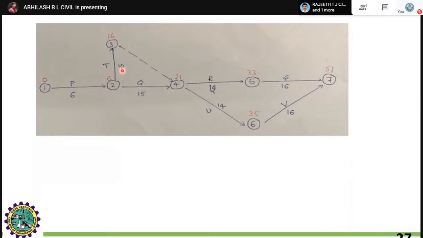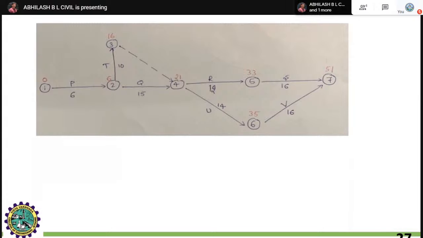Similarly, 16 plus 6, right? You have to identify this. Don't write down the values immediately. You have to wait until a junction appears, where two or more activities join at a time. Here, 16 plus 6. You have to wait for this particular thing. Then only you start noting down, right? Next, coming to 21 plus 12, you get 33. Just start solving this.